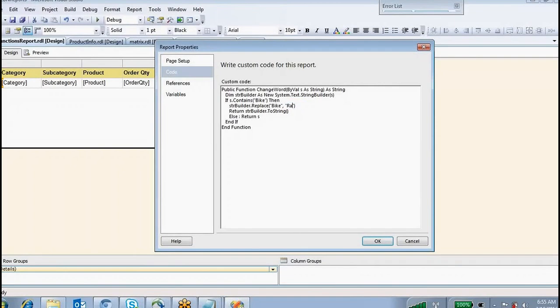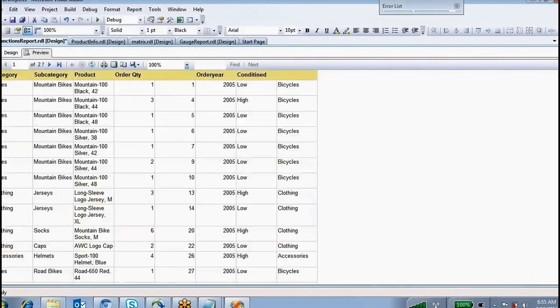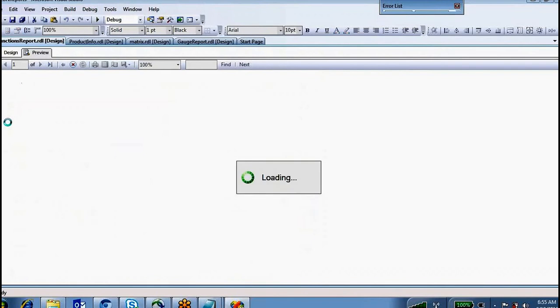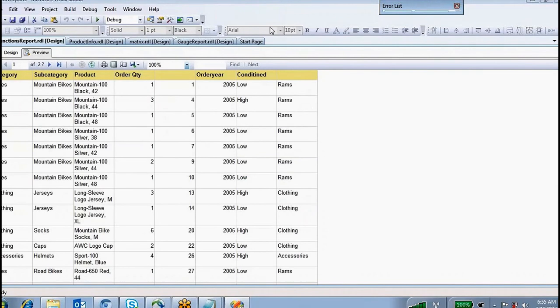Or I want to replace it with ram. Click OK. See, the category column has bikes, right? I want to replace bike with ram, so then definitely it is showing rams. The bike I'm going to replace with ram, so it is replacing with ram plus s, rams.